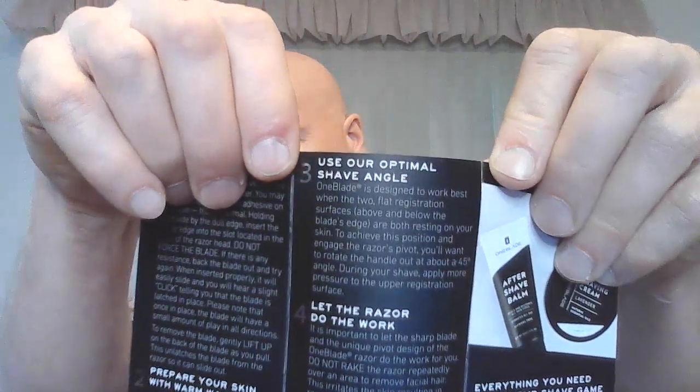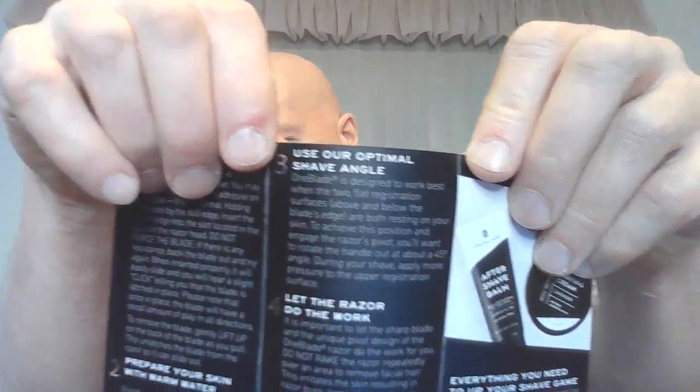In their information here, they have this tri-fold little flyer right here. And here they talk about using our optimal angle. Use our optimal shave angle right there. Can you see that right there? Anyhow, we